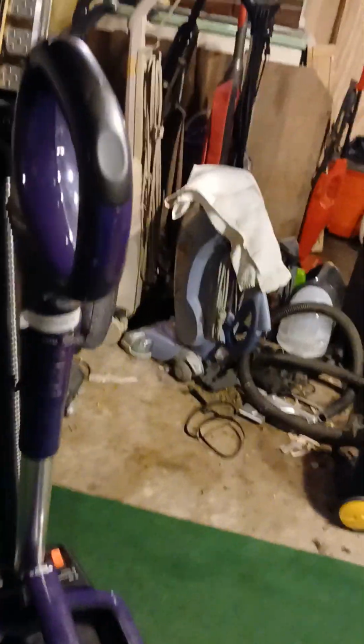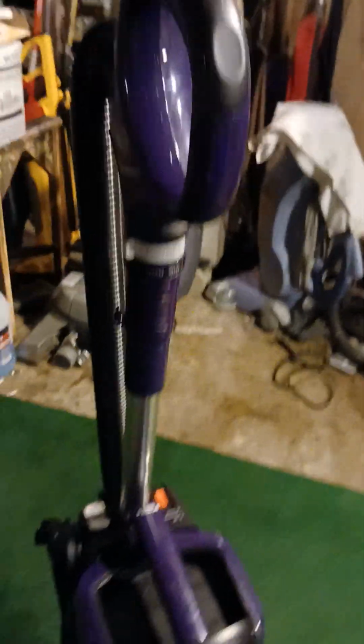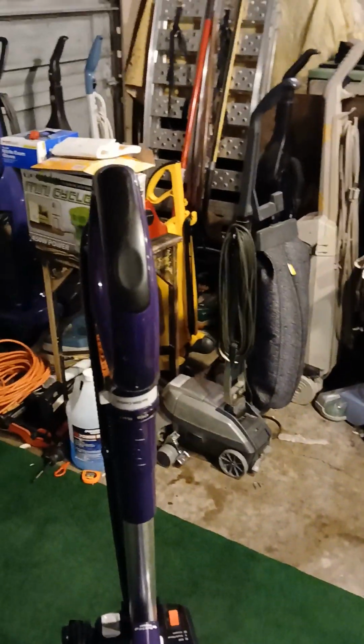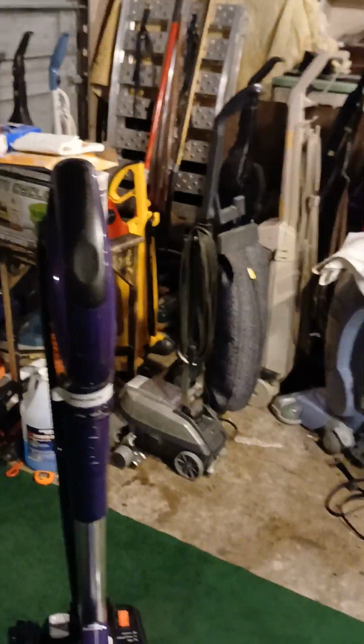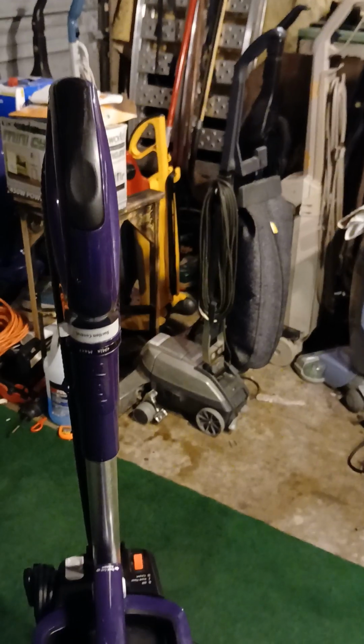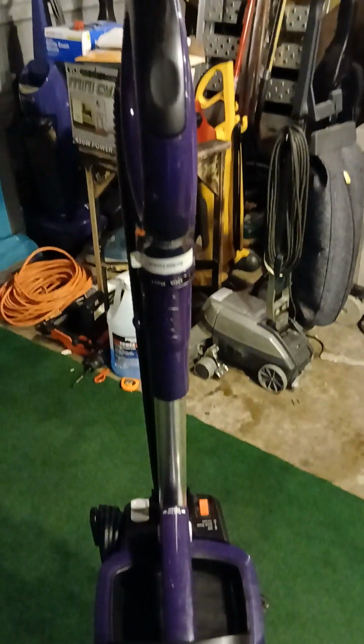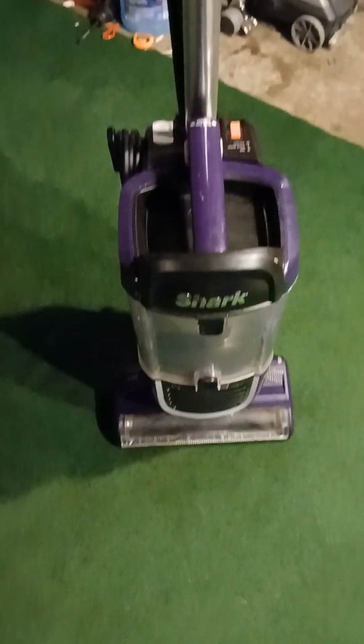So yeah, both of these are great vacuums. They just need a little bit of your attention every now and again, and I can't emphasize this enough, every vacuum does. So if you are slacking on giving your vacuum some attention, it's time to get with the program before you lose it. So yeah, on a more positive note,